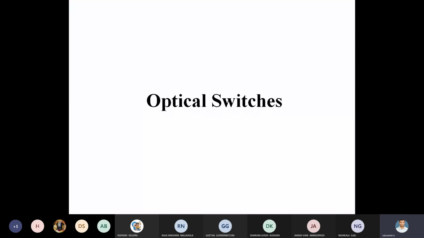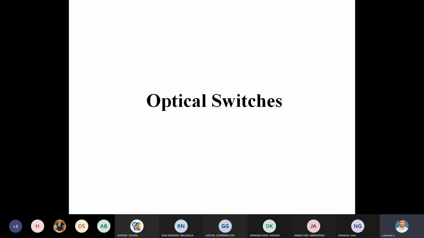Right. Next, we go for the main topic, the optical switch. What is the basic meaning of a switch here? The switch is nothing but an on and off condition. Two conditions only, on and off. What is meant by the on condition? It passes. What is meant by the off condition? It is open; there is no connection in the switch.